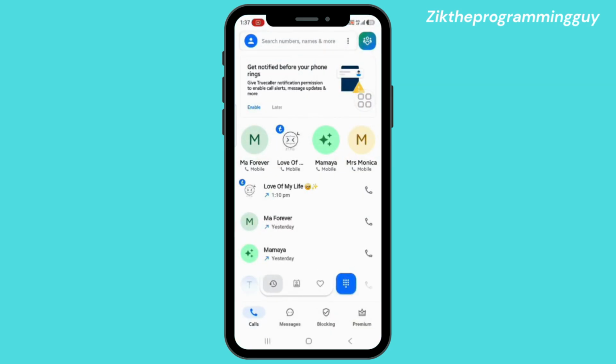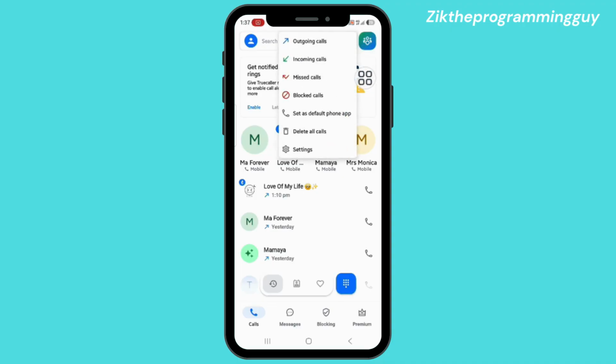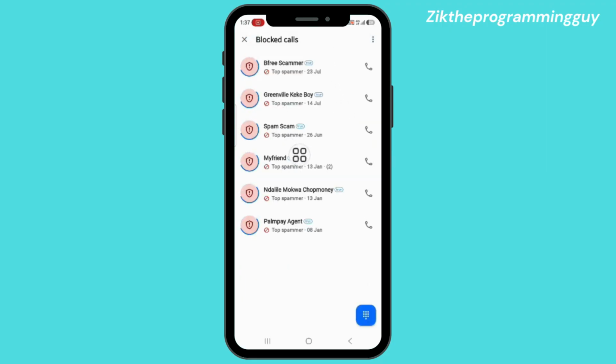Once you open up your Truecaller app, you're going to see your menu and all the calls you recently have and the rest of that. And you look above your screen, you're going to see your profile. You're going to see where it says search numbers, and you're going to see these three dots right here. Click on the three dots and you're going to see all this right here, and you're going to see blocked calls. Click on blocked calls and you're going to see all the calls that have been blocked on your